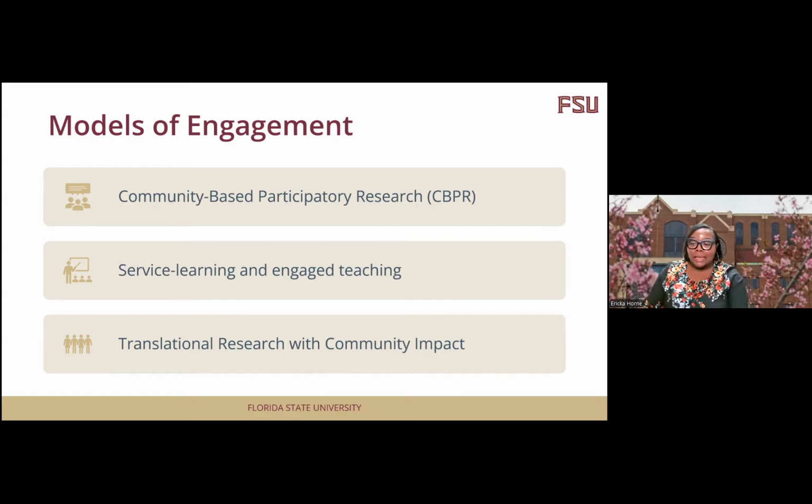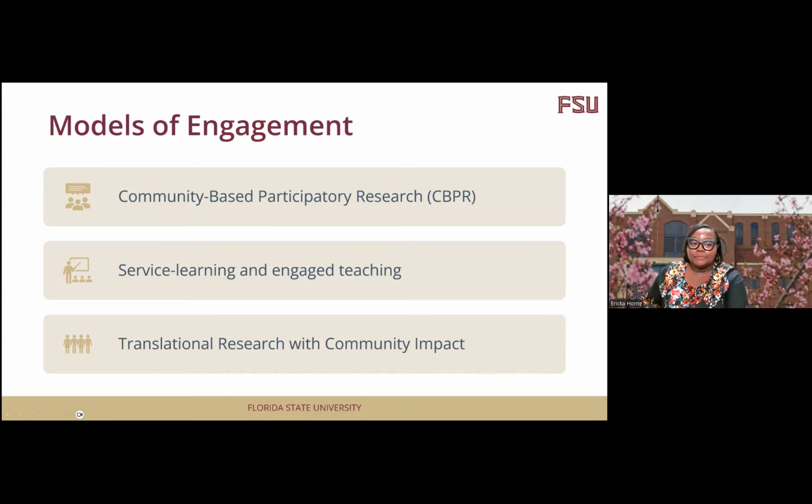So what do we learn in the lab? What do we learn as we're doing the work? And then now back to the community. How are they receiving this information? How are they interpreting this information? What do we have to do because they may not be interpreting it the way we meant for it? So now we need to go back. But any results that we're finding, we're bringing it to a practical format for the community to see and